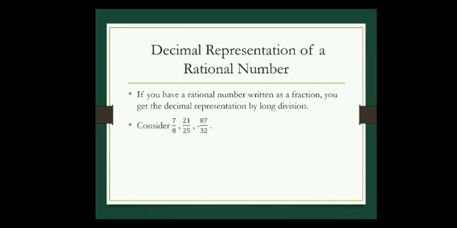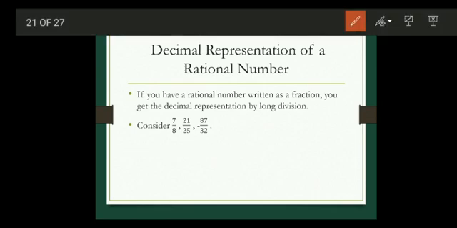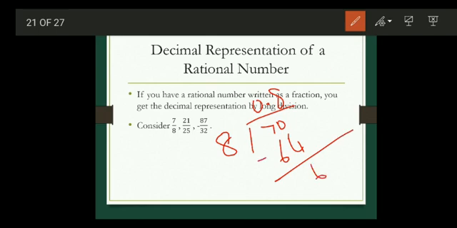Okay. So first we'll consider these three examples. 7 by 8. So do long division method. 7 by 8. Since 7 is less than 8, take 0 point, add a 0 here. So how to divide 70 by 8? How many 8s are 5 8s are 40, 6 8s are 48, 7 8s are 56, 8 8s are 64, 9 8s are 72. Right. So 8 8s are 64. Remaining you will get 6. Right. Add 0.